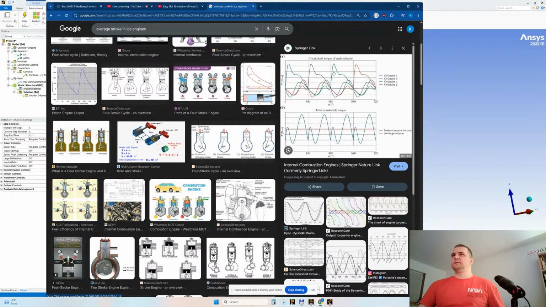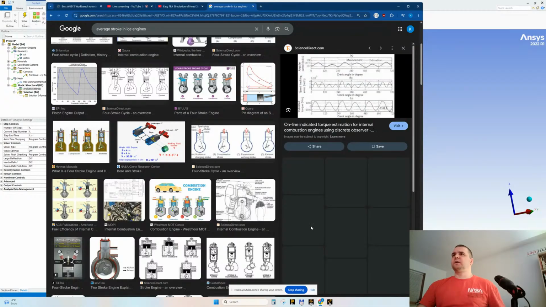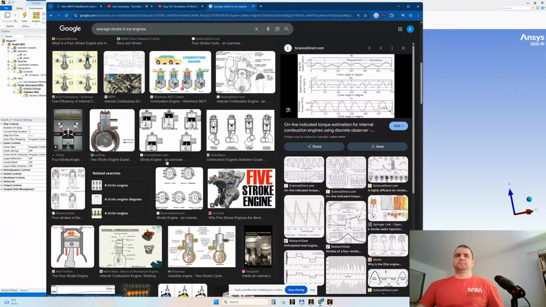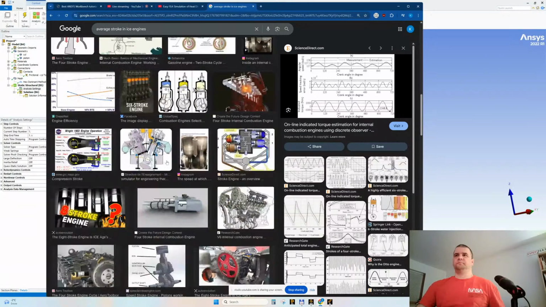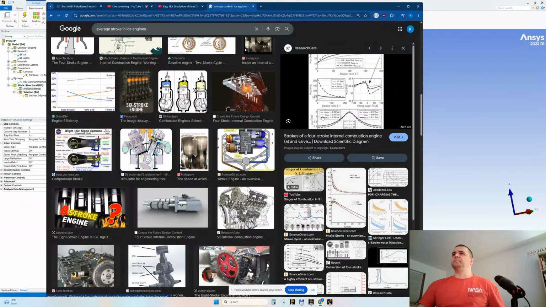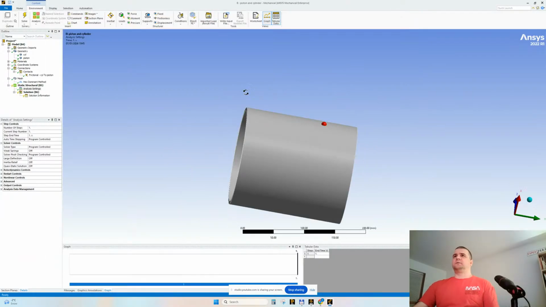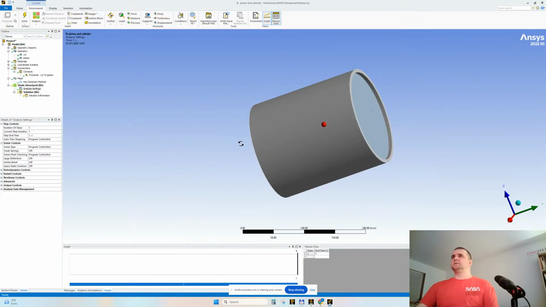Crankshaft torque of each cylinder. Angle, yes. They don't care about time. Maybe here. No, they care only about cycles. So let's